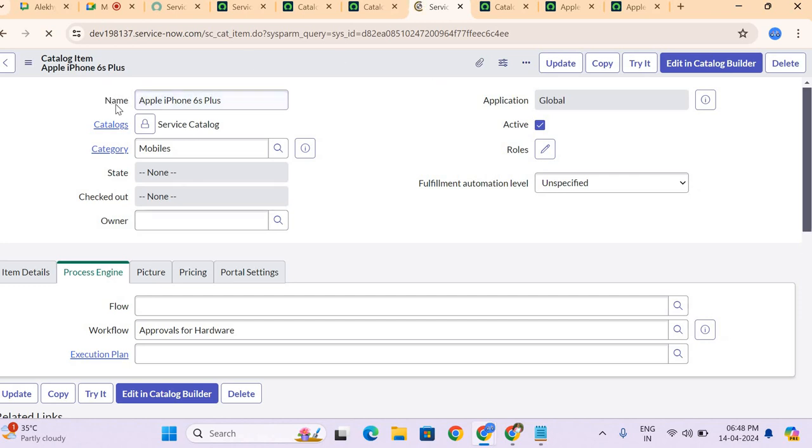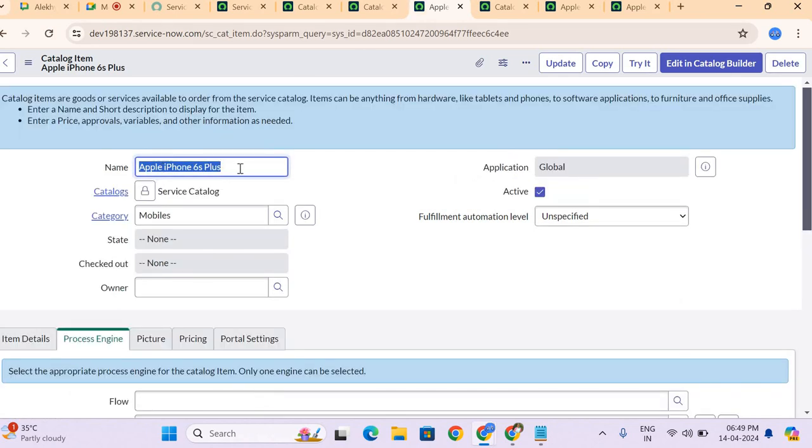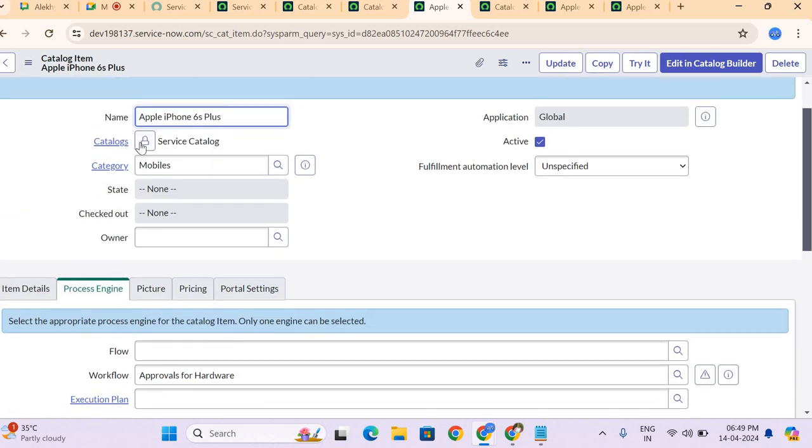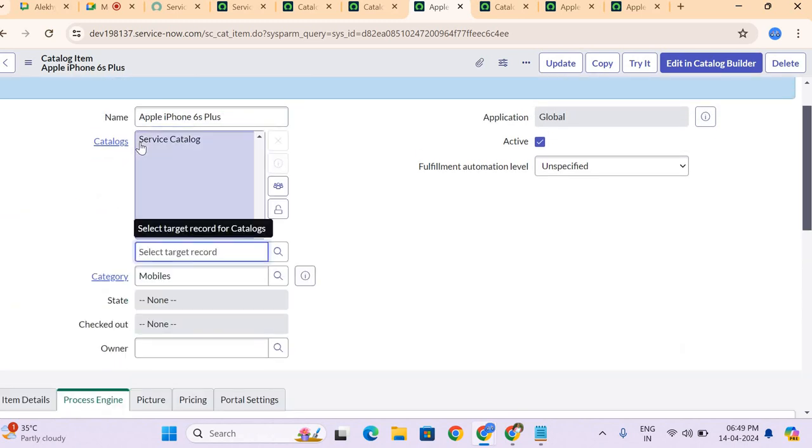So first, in the first field, you will be providing the name of the item. As of now, we are talking about the Apple iPhone 6s Plus, so you'll be providing that. And if you see here, the catalogs. So under catalogs, we have